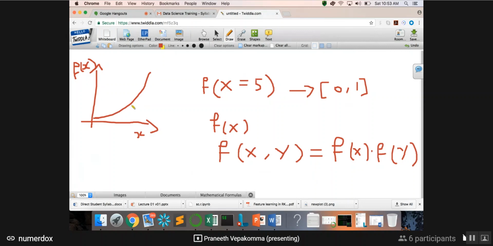That's the notation. Now, if you're looking at the second derivative, what you're looking at is the rate of change as you keep increasing x at any given point a little bit and measure how much the rate of change is, which is like measuring your derivatives in an Excel sheet. And then you look at the rate of change of those derivatives themselves. So it basically tells you if at any given point you are at an increasing rate of change or a decreasing rate of change. So you could have had a function like this as well, right? Your increasing rate of change is here. Here your second derivative is much higher.